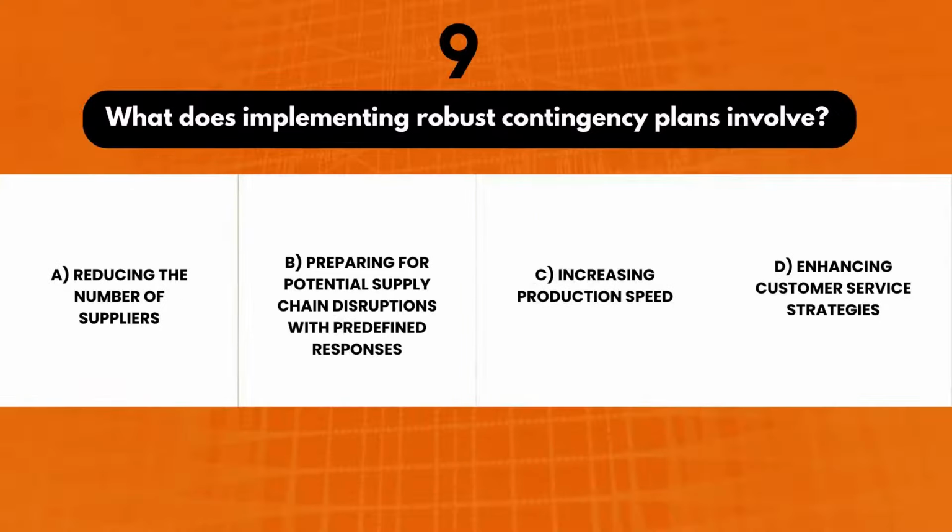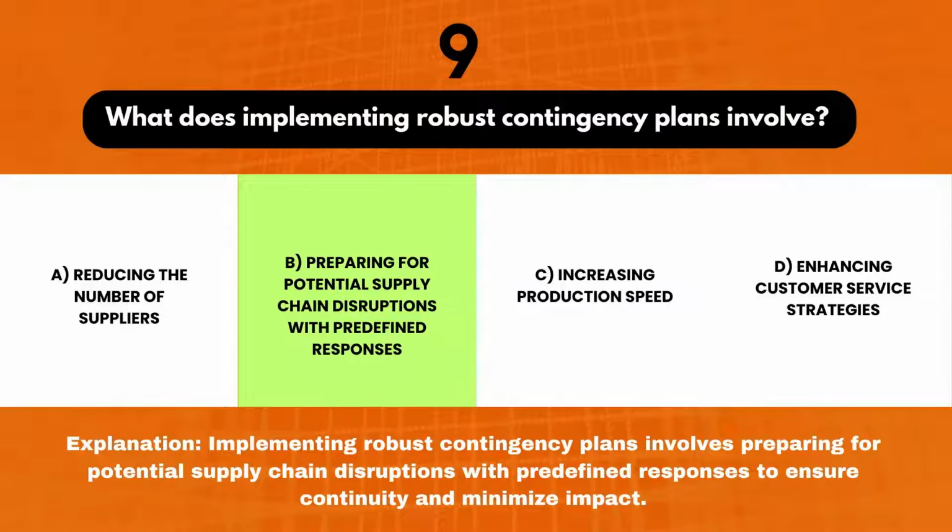operations. 9. What does implementing robust contingency plans involve? A. Reducing the number of suppliers. B. Preparing for potential supply chain disruptions with predefined responses. C. Increasing production speed. D. Enhancing customer service strategies. Correct answer, B. Explanation. Implementing robust contingency plans involves preparing for potential supply chain disruptions with predefined responses to ensure continuity and minimize